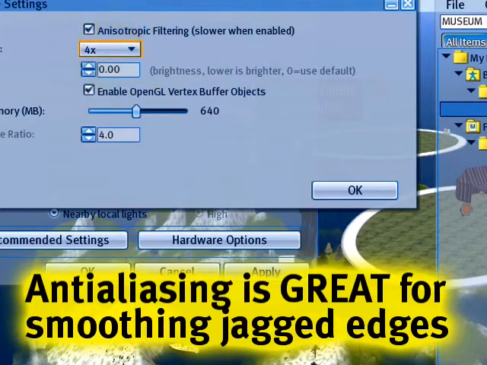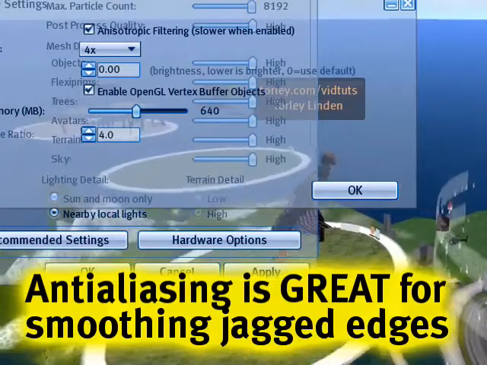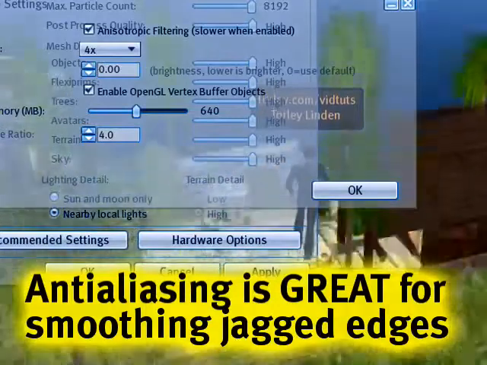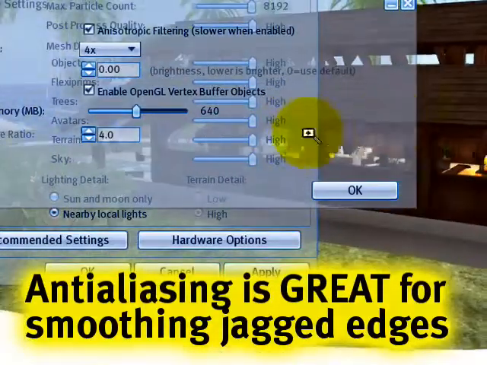But if you disable it, let me see if I can show you. This is one of the biggest determinants, especially if you take photographs, a lot of snapshots in Second Life. This will impact the quality of those. So let's see here. Okay, if you can see the edges, look at the fine edges of this hut thing. And let me